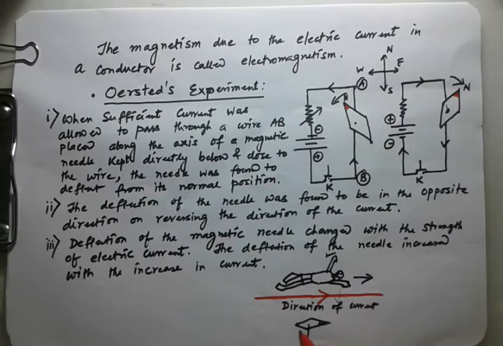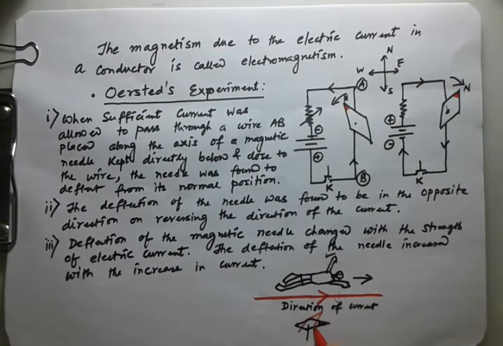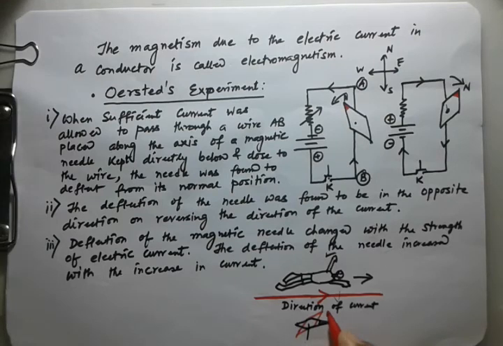When you send the current here, the needle will deflect in this direction, okay, on this side. So the left side, the left hand of the swimmer. Okay, so the Ampere Swimming Law is also known as the SNOW rule, which indicates the capital letters in the sentence. If current flows from south to north in a wire kept over a magnetic needle, the north of the needle will deflect towards the west. Okay, so if you write down here the SNOW rule, SNOW.